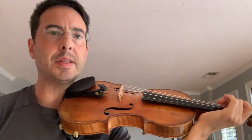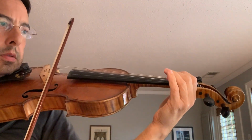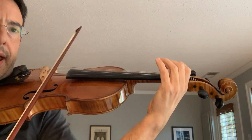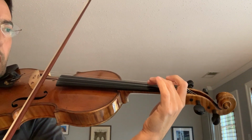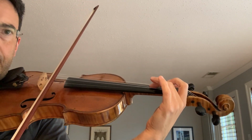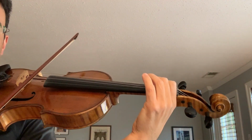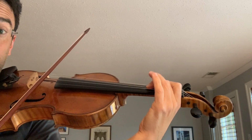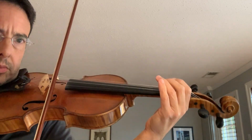something very similar happens in the remaining 2 measures, starting on the E string. 2 hops over, 4, open A. Now 2 goes up on the D string, goes from the low position to the high position. This is 2, and then we lift 2 again, slide 2 up, not lifting it, but sliding it up. Okay, so again,